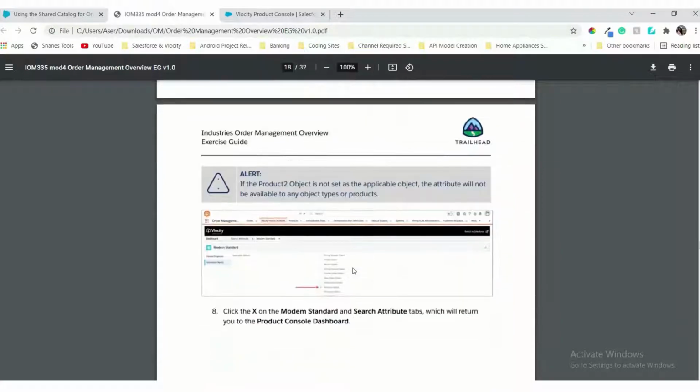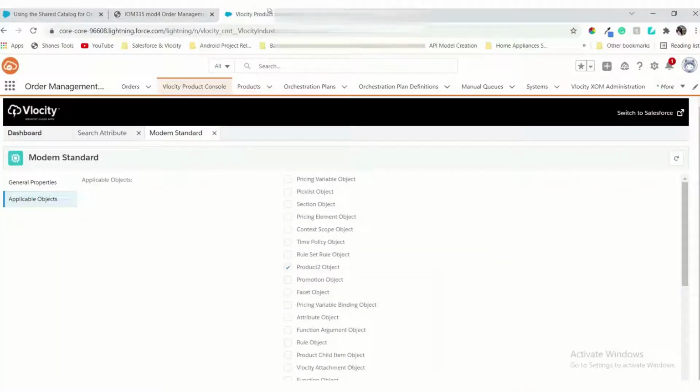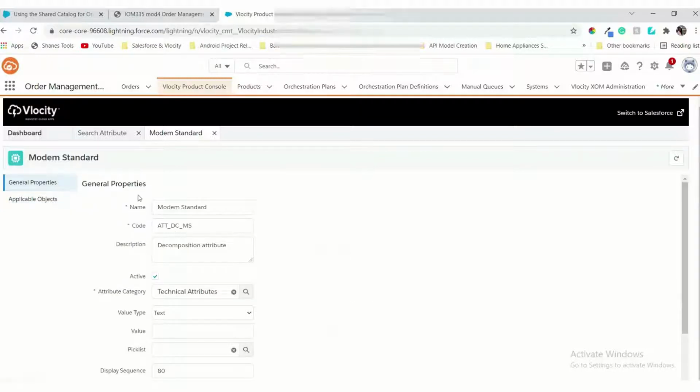The next, the same thing they are saying: if Product2 object is not set as an applicable object, the attribute will not be available for any object type or product, because this is the standard object. According to this Product2 object, we are able to see that attribute.